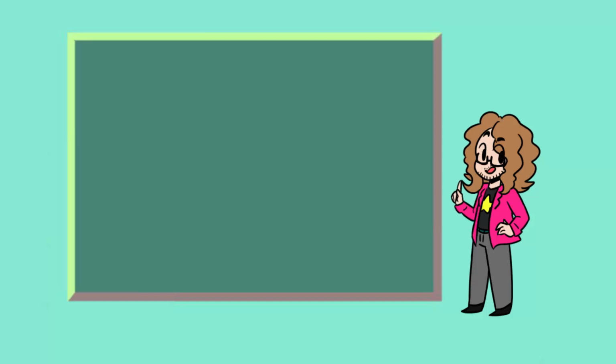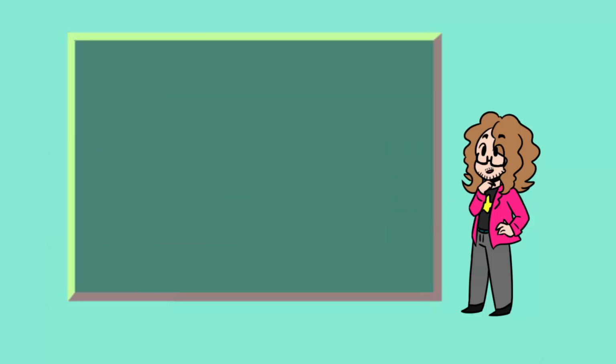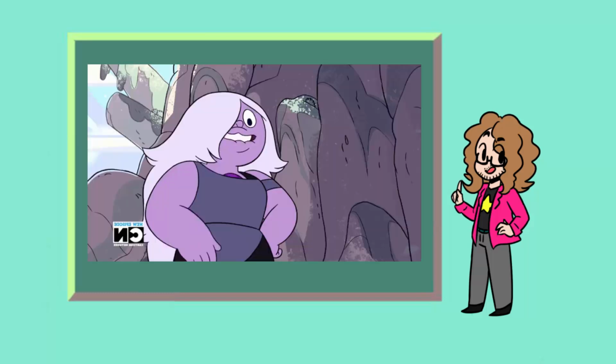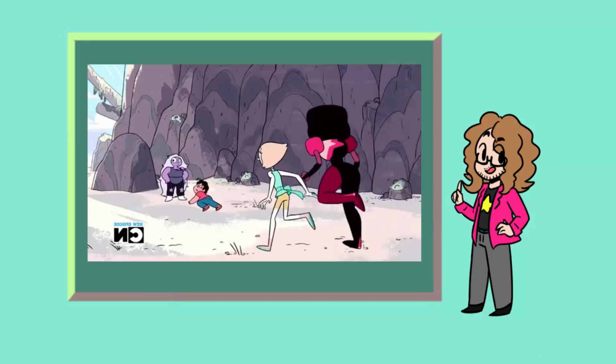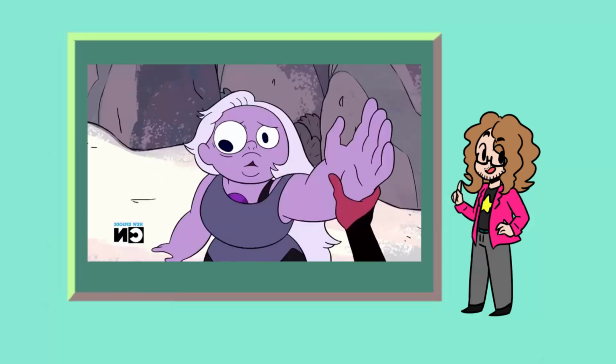That brings us to the second segment, the gem's mind. We know based on information in Guide to the Crystal Gems that a gem is their gemstone because the gemstone is where all of the information that makes them who they are is stored. They don't exist because the gemstone exists, they exist because the information stored on the gemstone exists. That means that the gemstone is the gem's true body as well as its mind, explaining why damaged gems share similar but yet also show distinct symptoms even if the damage is relatively the same.